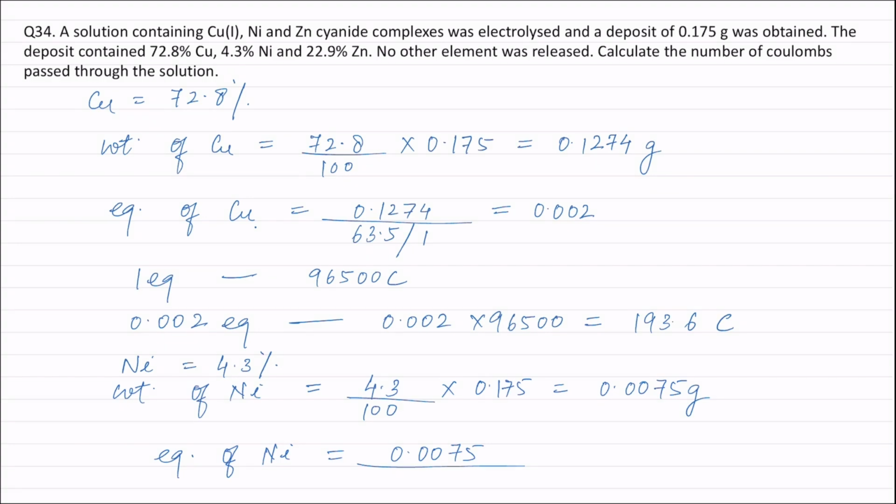Equivalent weight of nickel is atomic weight of nickel, that is 58.7, divided by valency factor of nickel, that is 2. Solving this, equivalence of nickel will be equal to 0.00025 equivalents. Now, one equivalent of any substance is deposited by 96500 coulombs. Therefore, 0.00025 equivalents of nickel will be deposited by 96500 into 0.00025 coulombs,